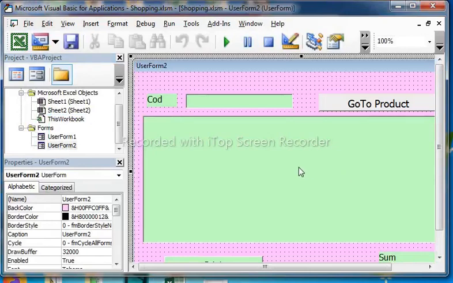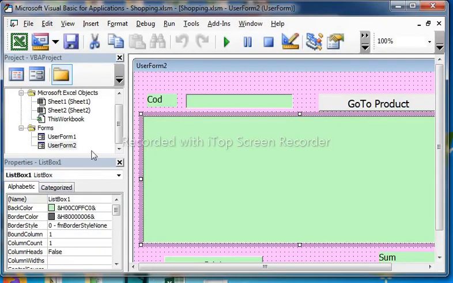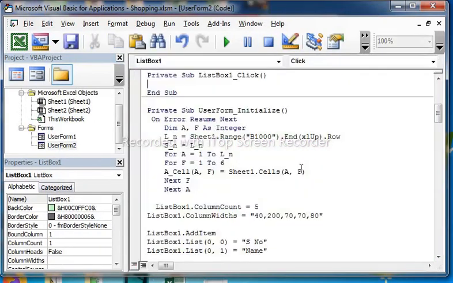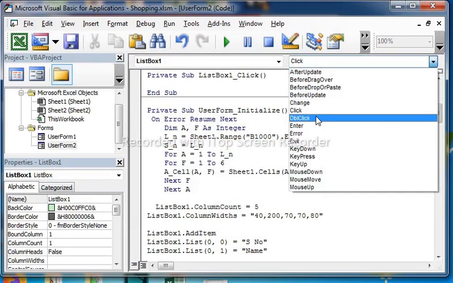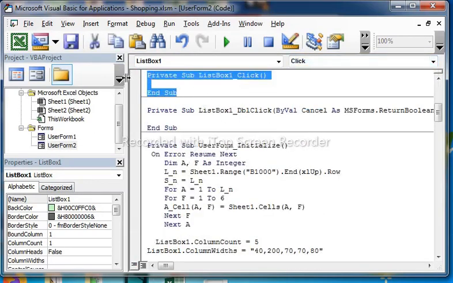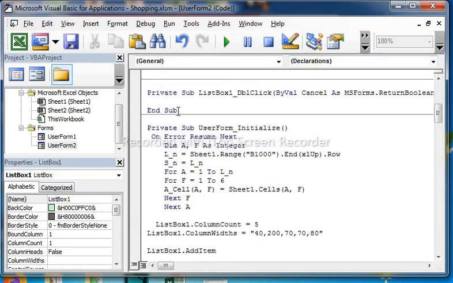This is double click. List box, user form list box double click. First single click, last click, go to here and double click. Okay, single click, delete, double click. Okay, cut,